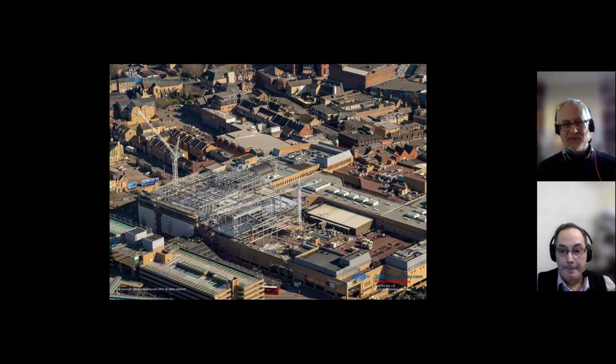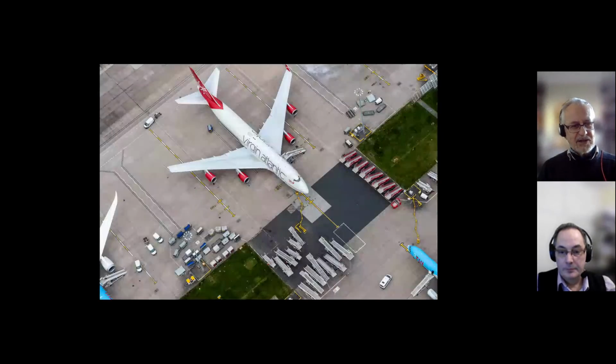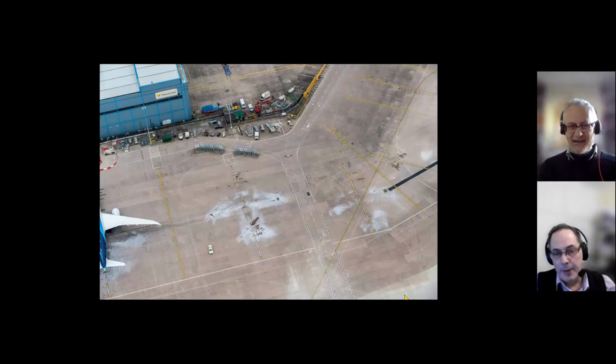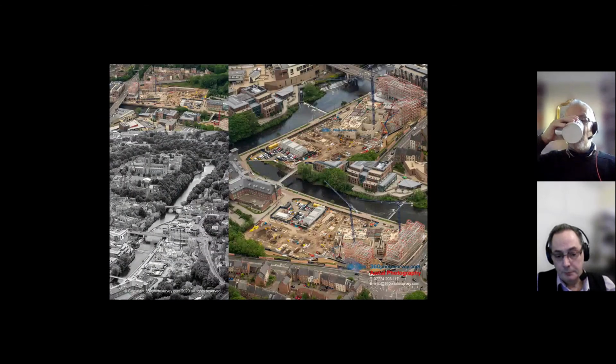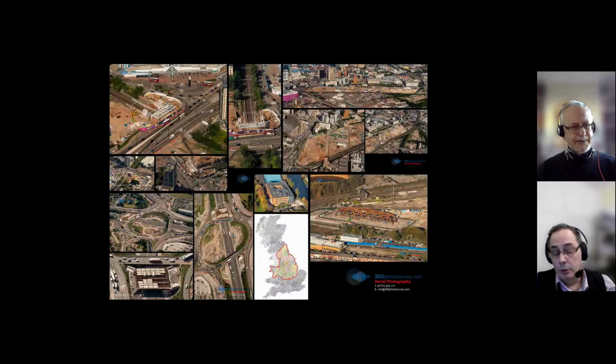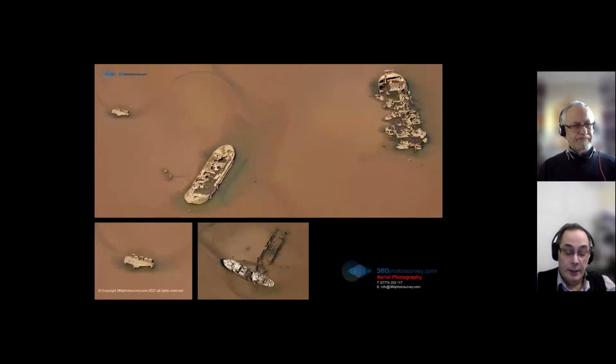Excellent, good. And in terms of the role and the value of photography in infrastructure, construction, other projects, what's the point? Well, for a start, you get a unique perspective of the project. Rather than being at ground level, you can't necessarily see all the details, particularly on larger and longer projects such as highway projects. So the aerial photography takes us say 3 to 5 minutes to photograph a highway project,